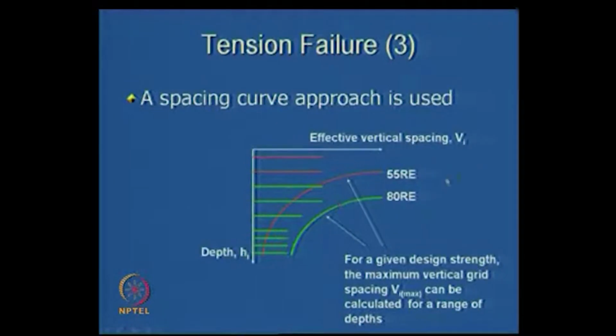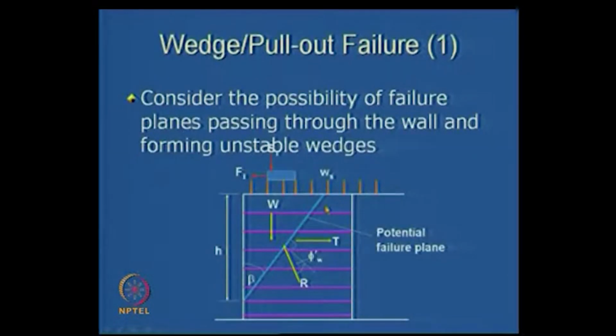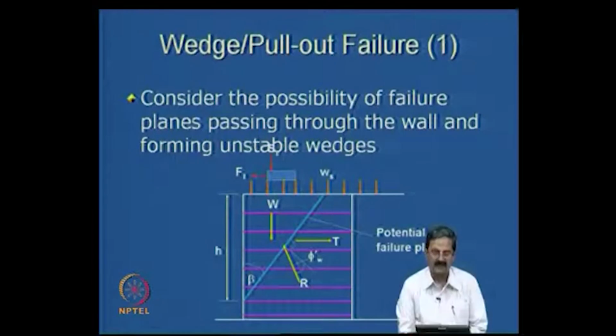So it is called the spacing versus depth diagram, and we'll see how it helps us in calculating the spacing. Okay, that's one thing we know how to calculate now. Particularly in the case of geogrid, say for example some grade of geogrid is available, how to work back what should be the spacing